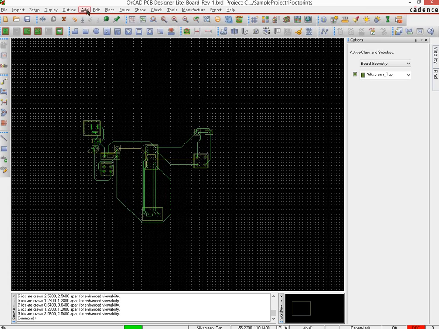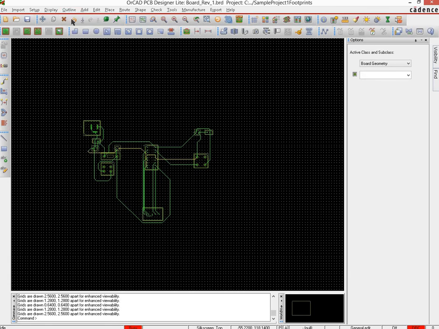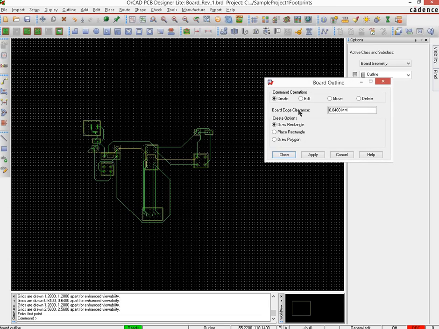The way that you do that is you go to outline and then you go to board. This allows you to add a board outline, and you see that the dialog that opens up has a create option in it, and the board edge clearance that you want to keep is at least 0.254 millimeter according to the manufacturer. So you put a 0.254 in there, and then what I do is I come here and I start drawing